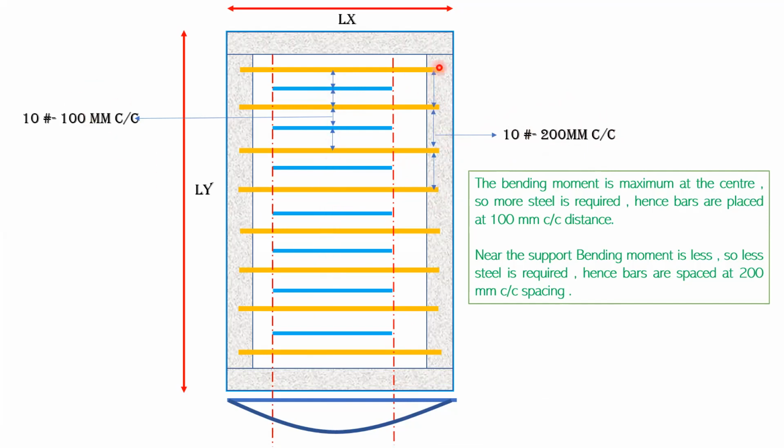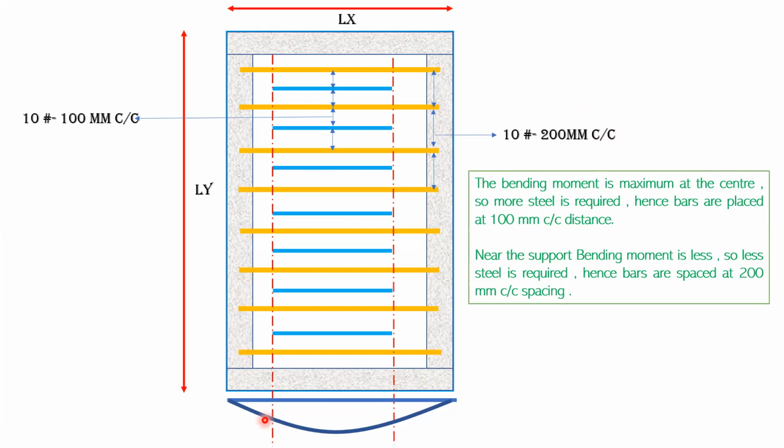Whereas near the support, you can see this bar, right? The orange and this orange bar. So this distance is 200. I'm making use of 10 diameter bar itself, but the spacing is 200 center to center. So now come here. This is near the support, right? This particular bar is almost close to the support. Again, this orange color bar, from the red line to this portion, all these are near the support of the beam.